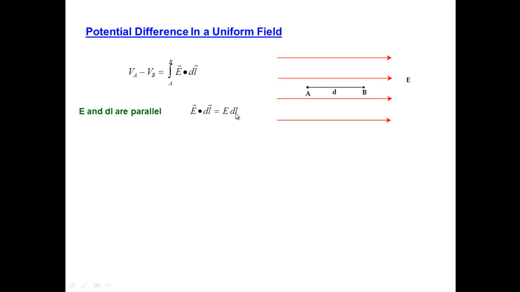So here, E and dl are parallel, so that we just write down E times dl, the magnitude of E times the magnitude of dl. The dot product goes away because it would involve the cosine of 0, which is 1. This makes the resulting integral very easy to solve, so VA minus VB is the integral from a to b of